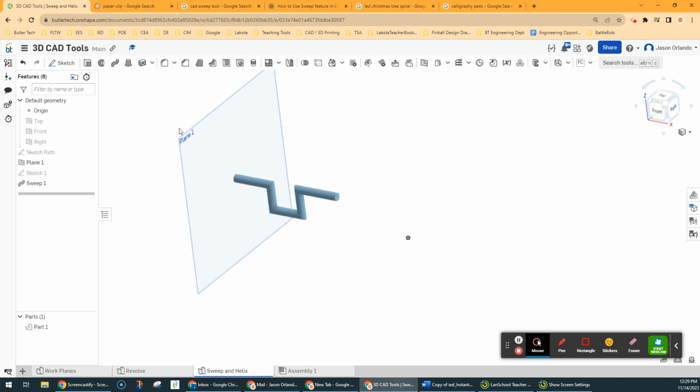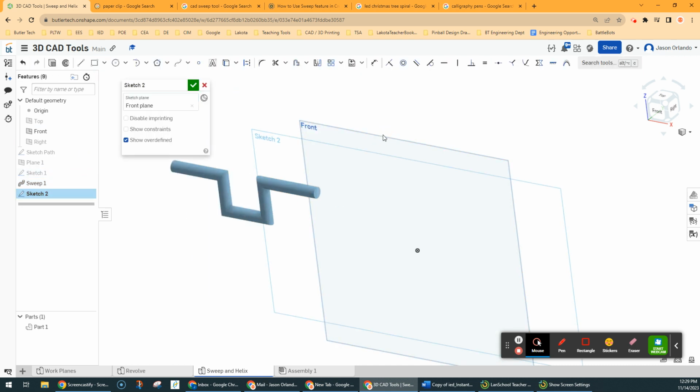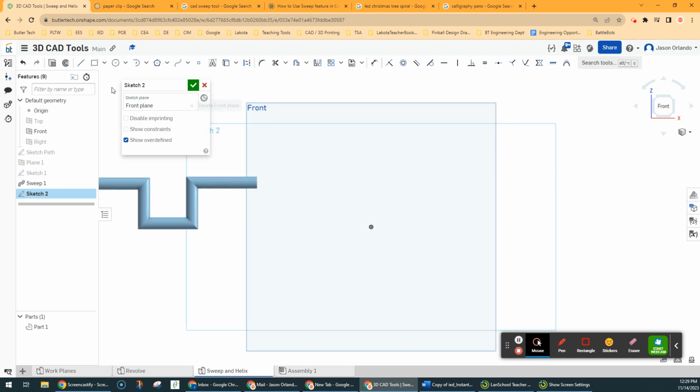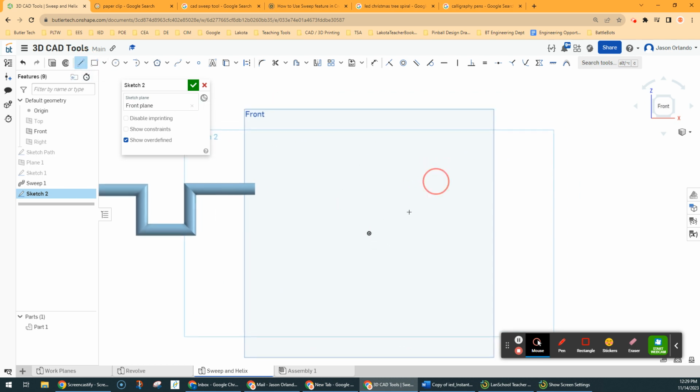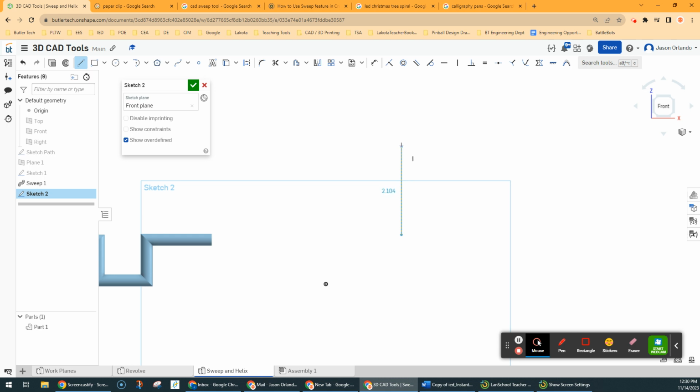Okay, I'd like to see you guys do some examples as well. I'm going to go ahead and do another one on the front plane, and this time I'm going to make something that looks like a paperclip. I'm trying to avoid using the origin on purpose, so I'm going to hide my planes by pressing P a couple times. I'm going to start up here, and this is going to be the path of the paperclip. So I'm going to go vertical, and then this is a cool feature if you're not observing this yet,